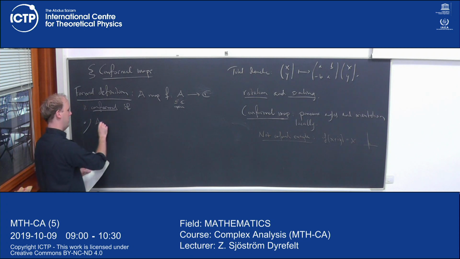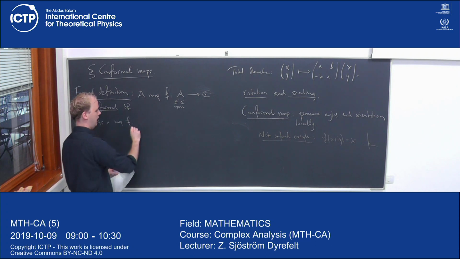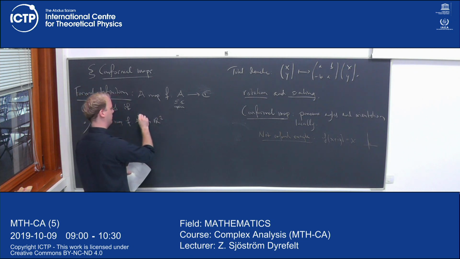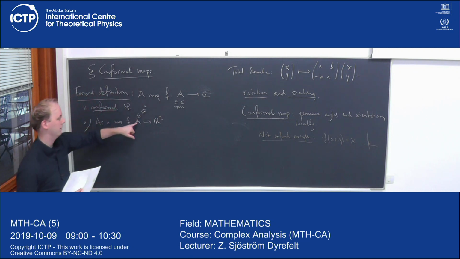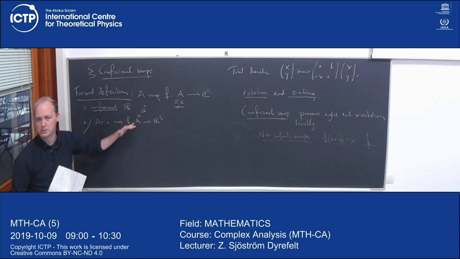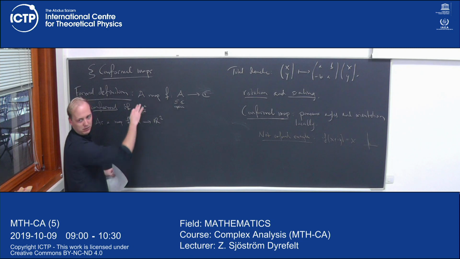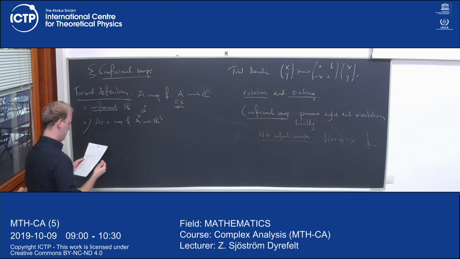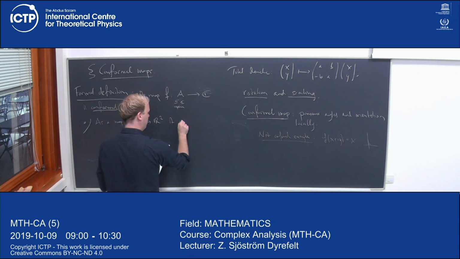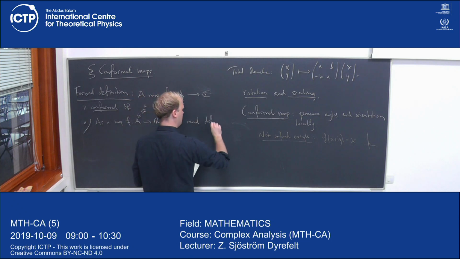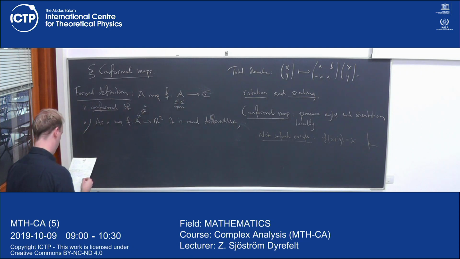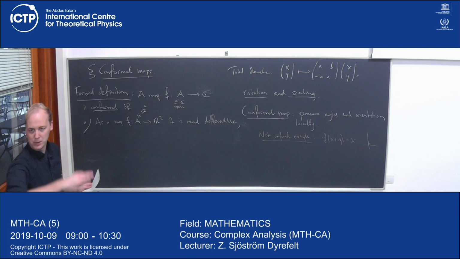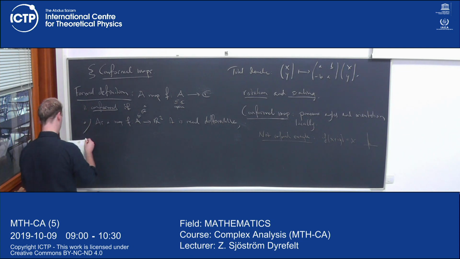So first, as a map F from A, now viewed as something in R2. This is clear, right, that I make these identifications without saying anything special. A subset of C is trivially identified with a subset of R2. So viewed as a map from R2 to R2, it should be real differentiable. This means that the Jacobian, the matrix of partial derivatives, exists in particular. And F preserves